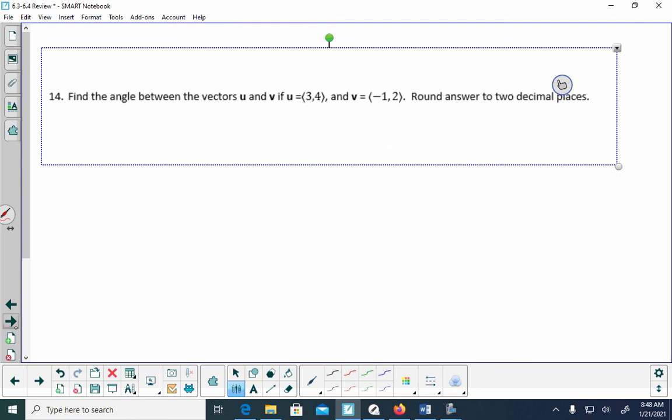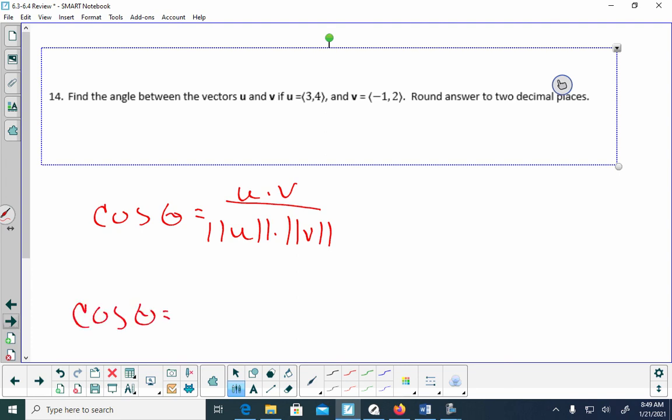Number 14, find the angle between vectors u and v if u is (3, 4) and v is (-1, 2). So now I'm using that angle formula, which is the cosine of theta is equal to the dot product of the two vectors over the magnitude of u times the magnitude of v. So I'm going to say the cosine of theta is equal to u dot v. So I'm going to take 3 times -1 plus 4 times 2, and that's all over the magnitude of u, so the square root of 3 squared plus 4 squared, times the magnitude of v,